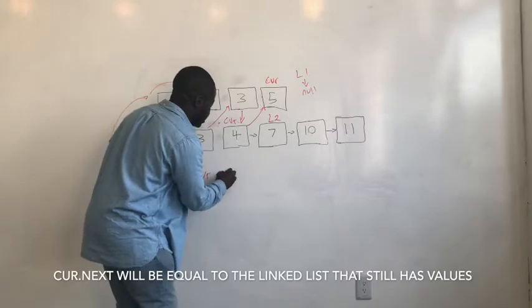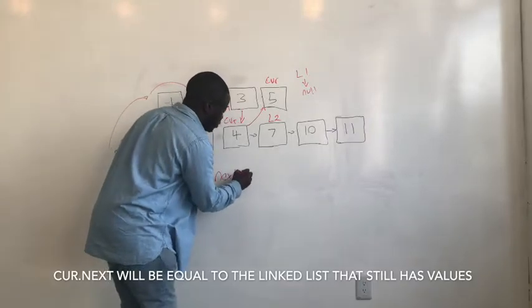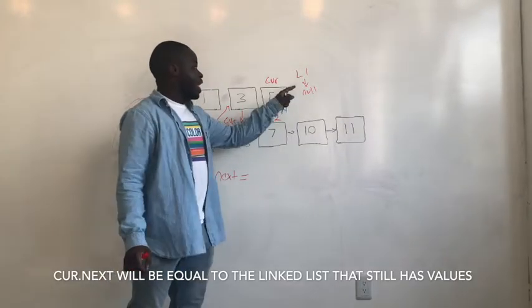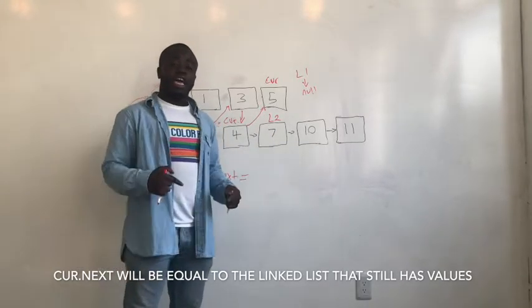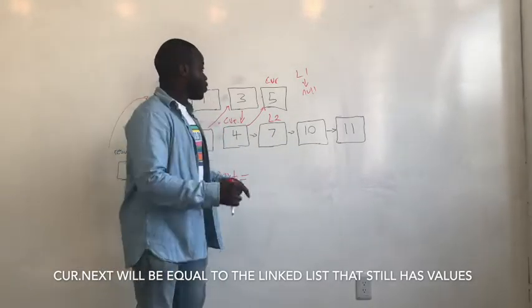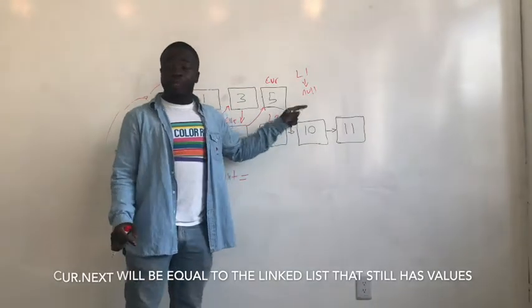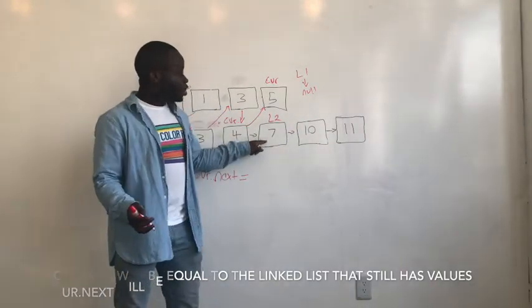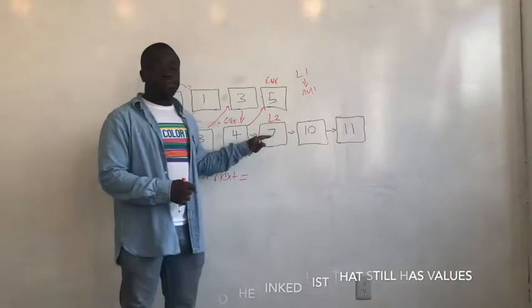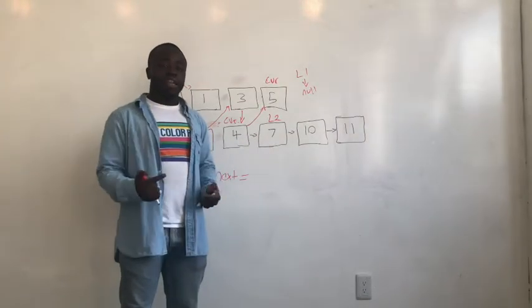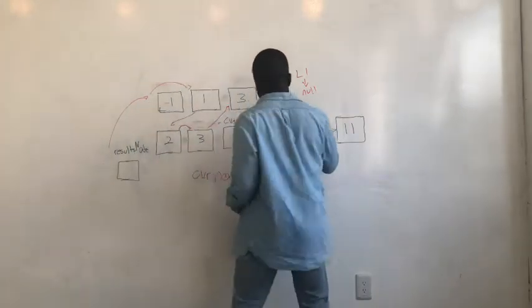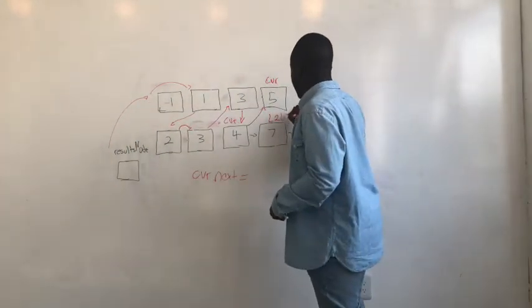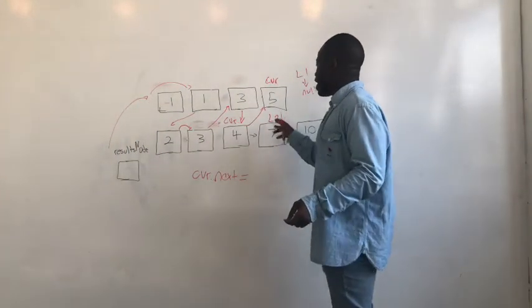So cur.next is going to be equal to L1 or L2, and it's only going to be equal to the one that evaluates to true. So L1 is null, so L1 evaluates to false. But L2 still has a value in there, so that's going to evaluate to true. So our cur.next now is going to point to L2,